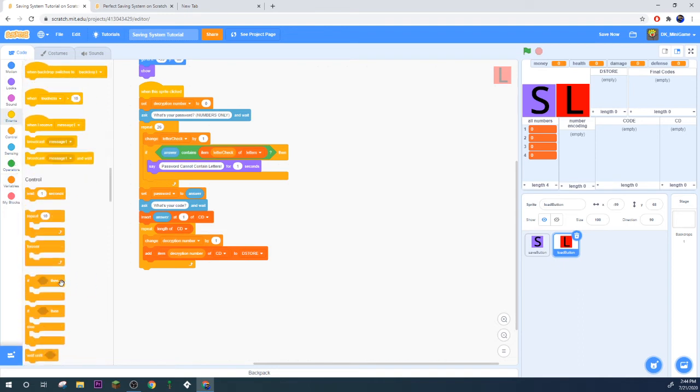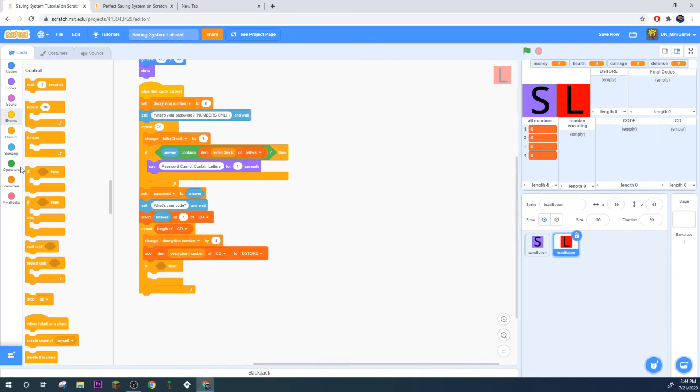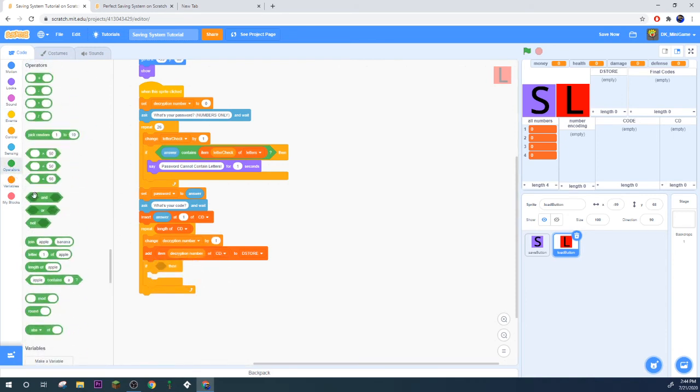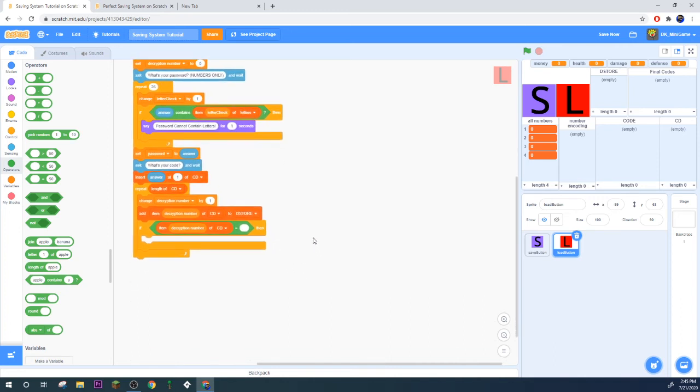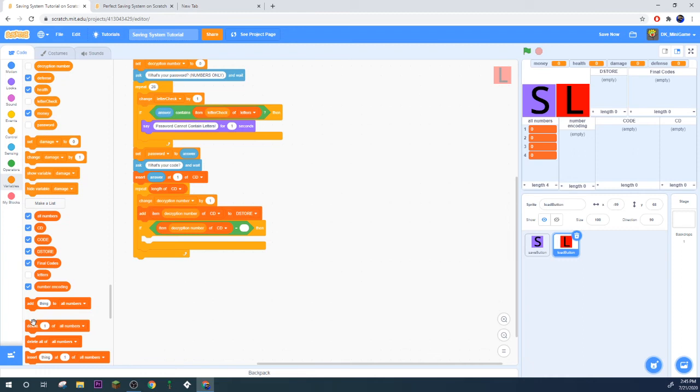Then it'll check if, there it is, equals. If item decryption number of CD is space, put a space here. Don't make it empty. It's very important you put a space. This isn't just blank. This is a space. That is very, very important. If decryption number of CD equals space, meaning we've reached a space in the code, we will then insert